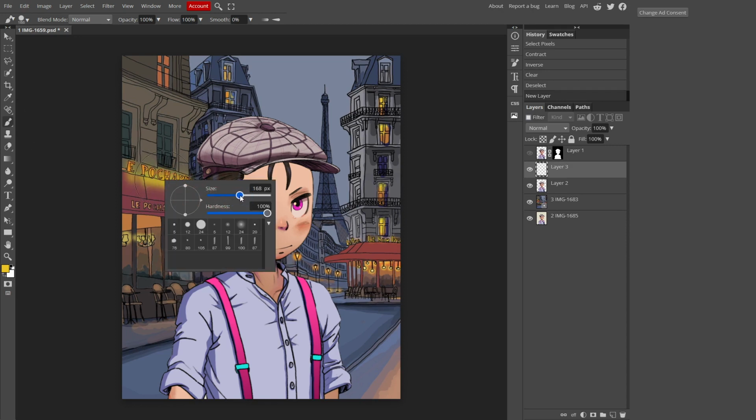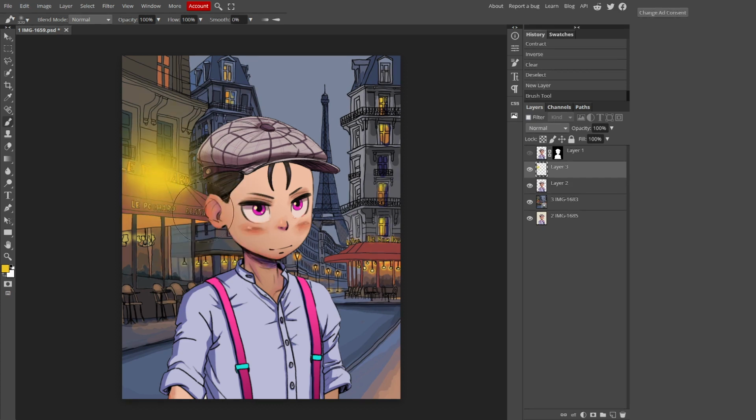right click in order to set the size, but I'm also gonna put the hardness to 0 in order to have something really smooth. Okay, so from now what I can do is just click on the element that I want, where I want to see some tiny light, for example in this area, and maybe a little bit less on these people, and I can also maybe make some really tiny stuff here.